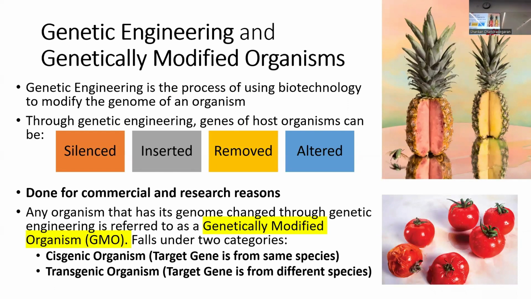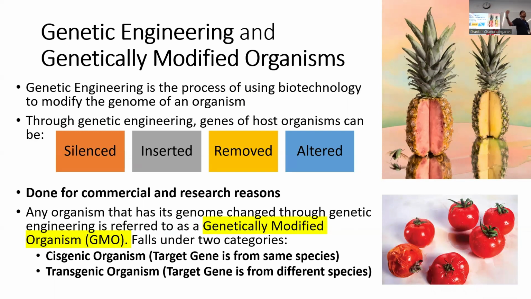If I took one of their genes that allows them to do that, and then I put it into another human, that is a cisgenic organism because I'm taking a gene from humans to put into another human. So it's coming from the same species. So that's why it's cisgenic. If I'm taking something from a different species and then adding it onto another organism, that is referred to as